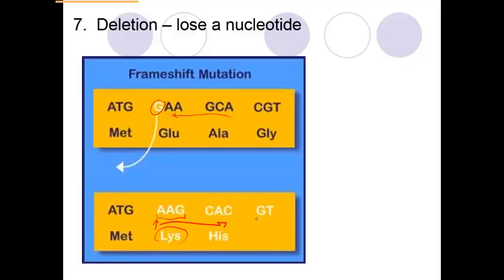And remember, you do need 3 letters, so in this case you get to the end, you don't even have 3 letters anymore, so there's no stop codon here, so your body really can't even make the protein since there is nothing to tell it to stop making it. So those are some gene mutations, point mutations, and we'll look at some more mutations in a later video, but guaranteed that these 3 are definite ones you need to know. And you need to know that frameshift mutations like insertion and deletion actually cause more damage to the protein because of the number of amino acids being affected.